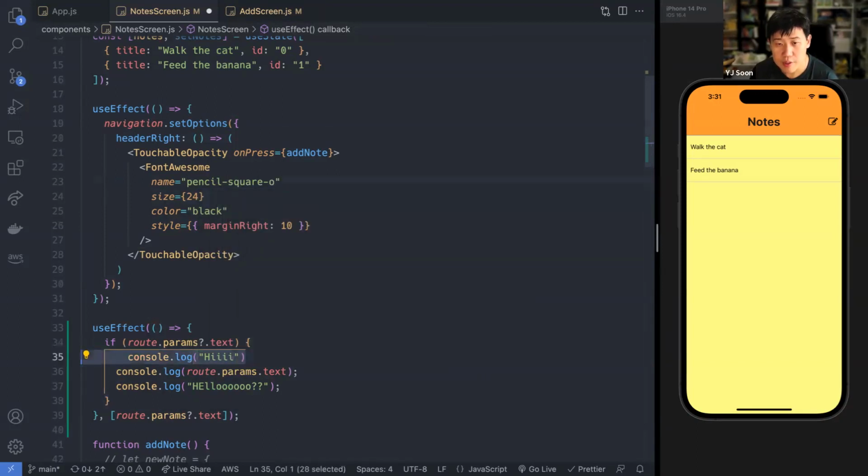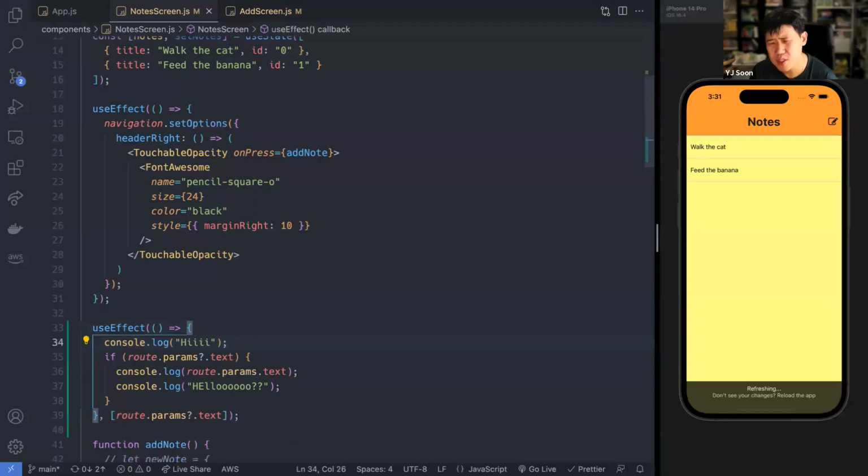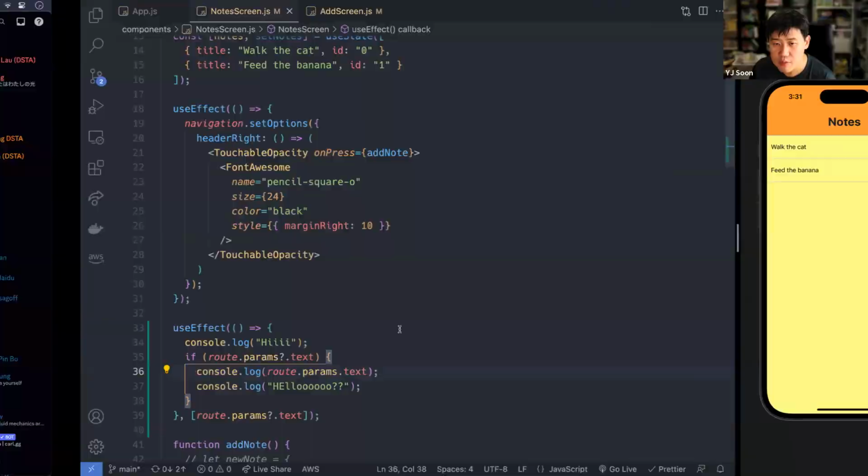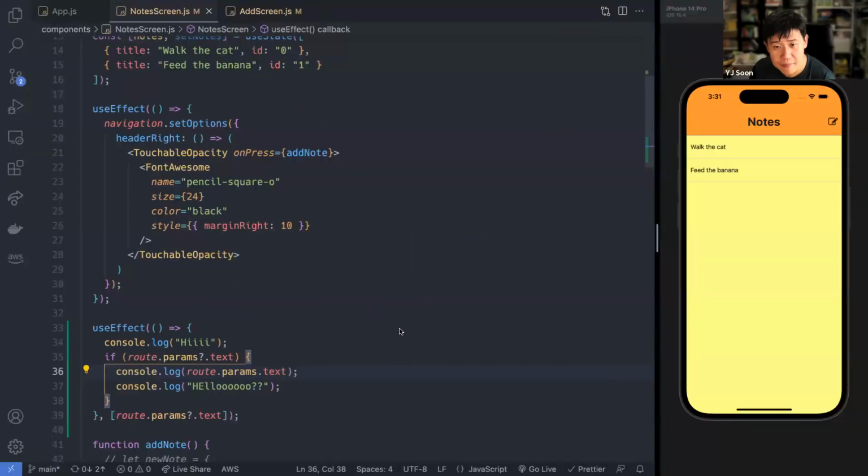Sorry, I want this to be before the if statement. I'm just trying to check to make sure that it's actually reloading with the right things. If I go over here, it does say hi. And over here it says for some reason route.params.text is still empty, so it's not going inside here and logging hello. Good.